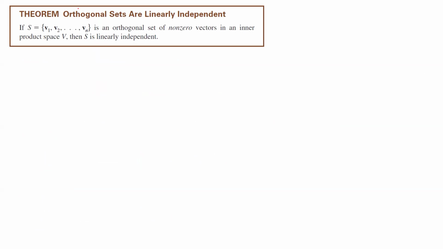We have a nice theorem: orthogonal sets are linearly independent. If S, including vectors v1, v2, v3, up to vn, is an orthogonal set of non-zero vectors in an inner product space V, then S is linearly independent. Well, how do we show independence